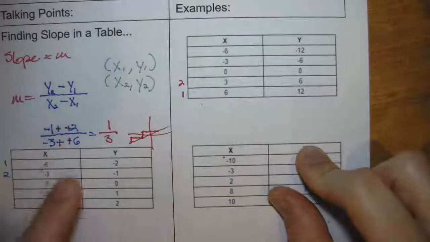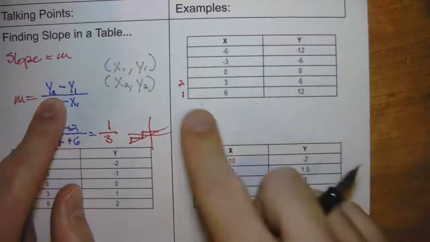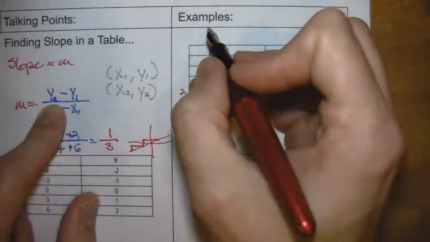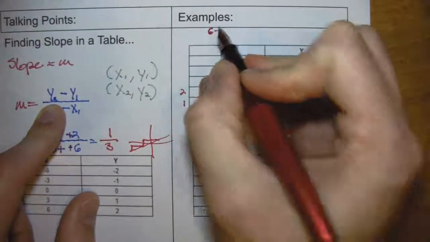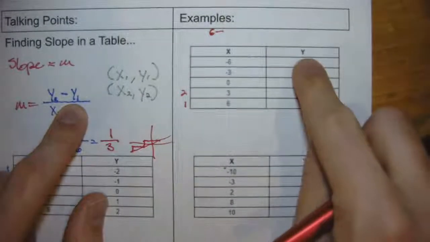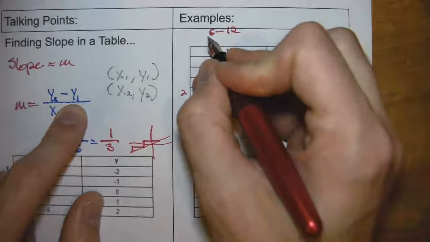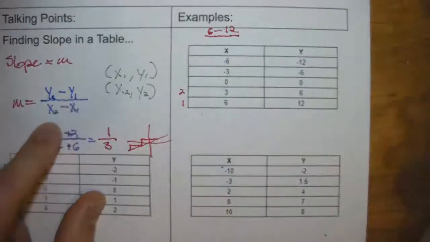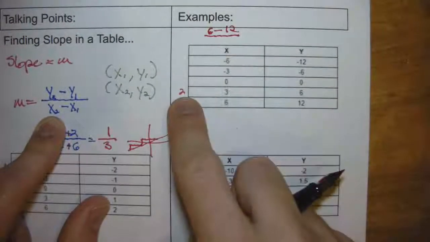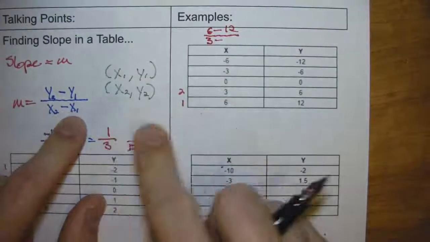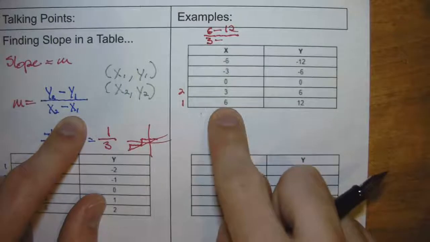All right, so the first thing I need is y2. So y2, that's 6. Let's write that down. I'm going to do it up here. 6 subtract. Now I need y1. So y1 is 12. We'll fix that here in just a second. Next, I need x2. So here's x2. That's a 3. Subtract x1. So there's x from my first coordinate. All right, 6